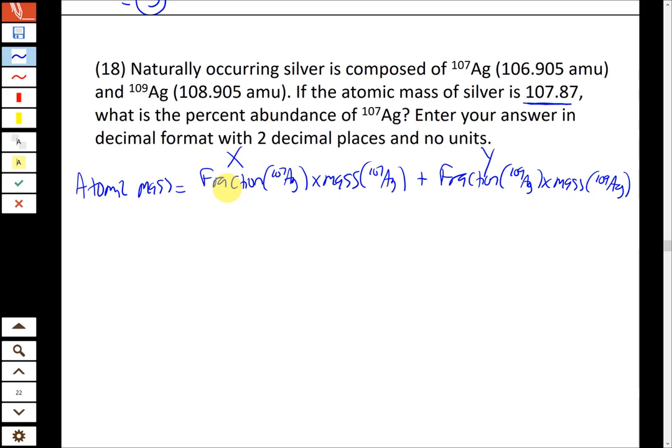So if we write that in terms of x and y, the atomic mass of silver is given as 107.87, or you can look that up in the periodic table. And that's equal to,